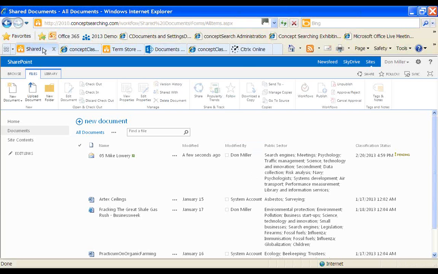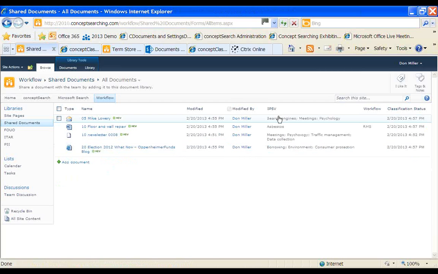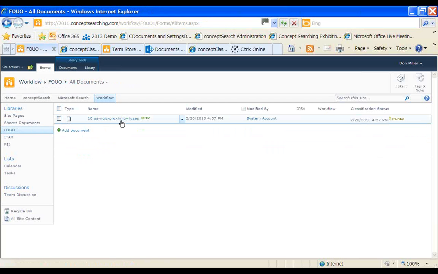Now let's go back to our initial site that we started with. We'll just do a quick F5 and we'll see if anything's happened. And of course, what I'm expecting is that we've read through these documents, and as you can see here, we've automatically applied the metadata to them, and then we've moved the appropriate documents to any other locations that need to be moved. And so here, this document that was for official use only has been moved to the For Official Use Only